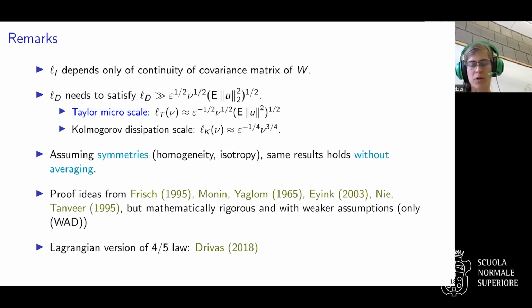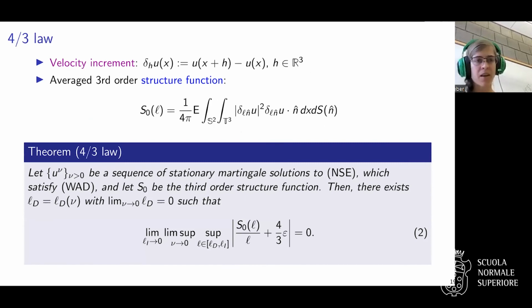So if you go to Lagrangian coordinates. Now, in order to prove the 4/5 law, we use what is called the 4/3 law, which is a similar relation that is maybe a little less messy to prove. So I will show you the proof of this, and then the proof of the 4/5 law is actually very similar, with the same ideas, and you will need this result in addition.